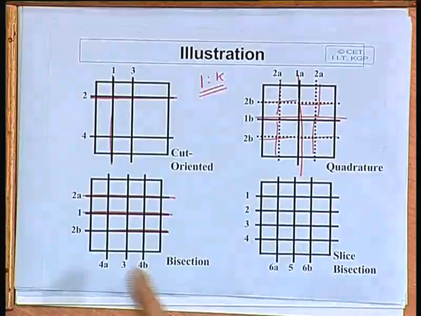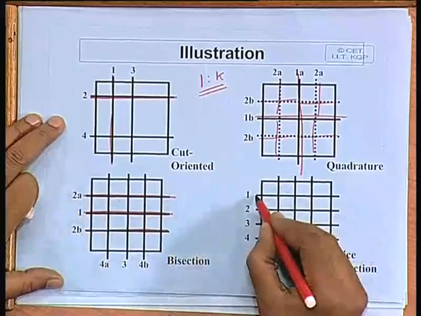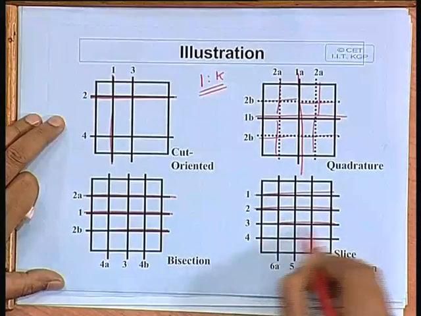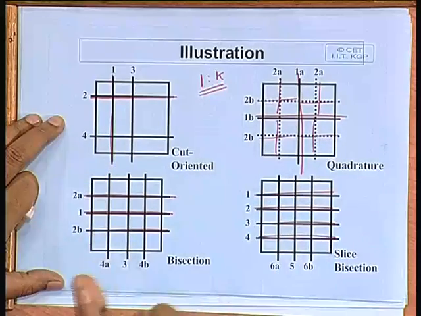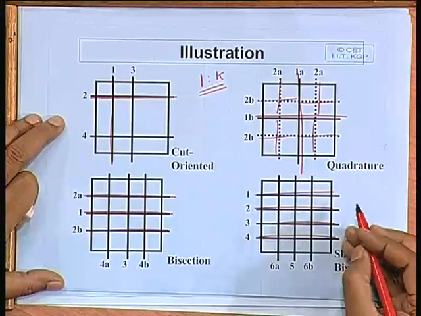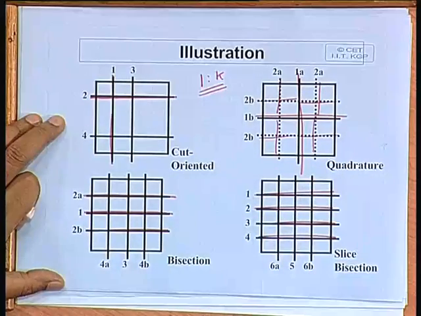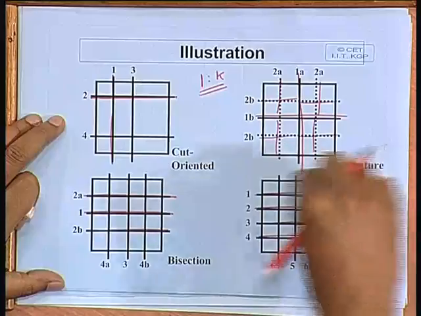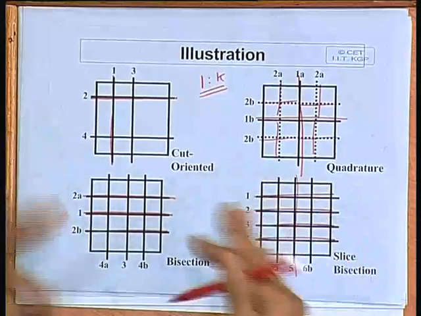Similarly, in slice bisection, you cut it like this, not using half and half. From one side you go on cutting. Each row's width or height is sufficient for one row of standard cells. Then on the other side you do bisection. First you define what will go in each row of the standard cell, but while placing that you do bisection: first, then half, then half.